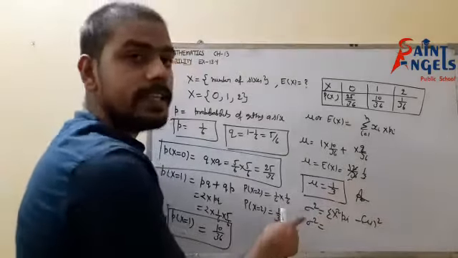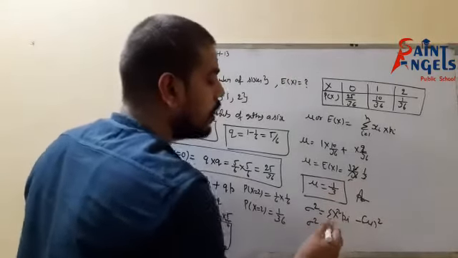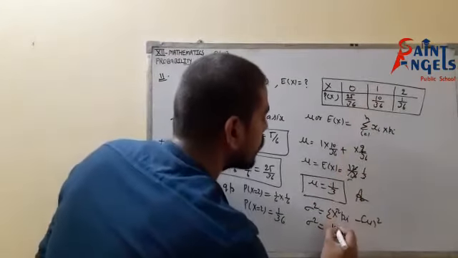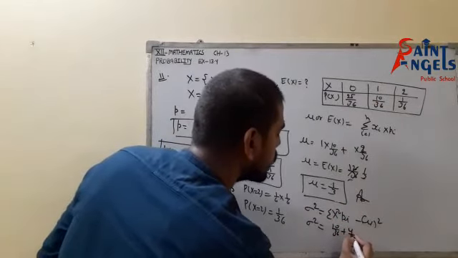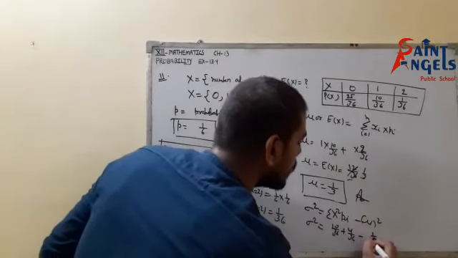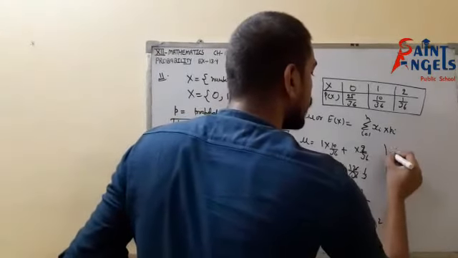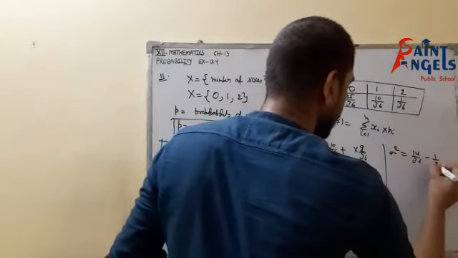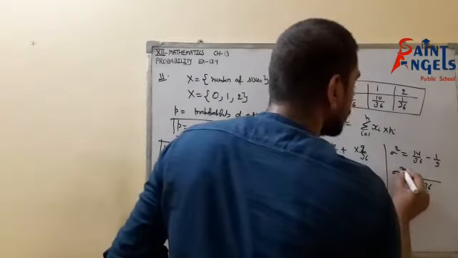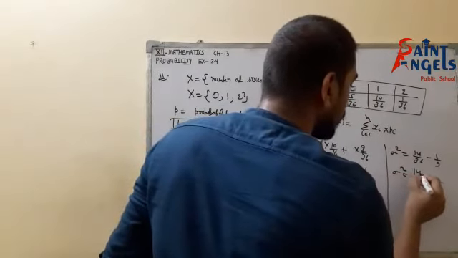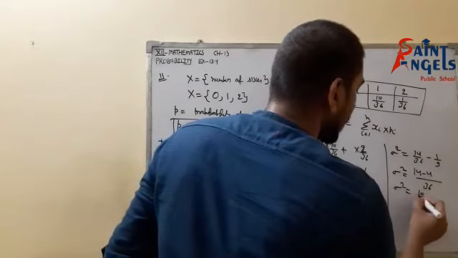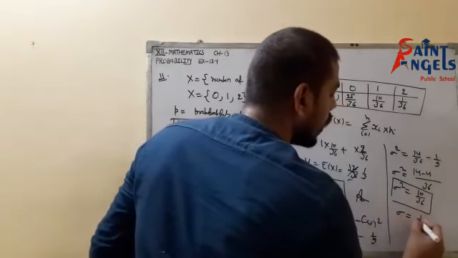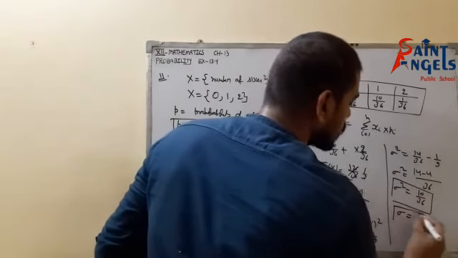Now when you have to find the variance, it would be the summation of x square pi minus mu square. So now here I will use x square. So it would be 10 upon 36 plus 4 upon 36 minus 1 upon 9. So sigma square would be equal to 14 by 36 minus 1 by 9. So 36 would be the LCM, and it would be 14 minus 4. Sigma square equals 10 by 36. So this is the variance, and the standard deviation would be square root of 10 upon 6. This is the standard deviation answer.